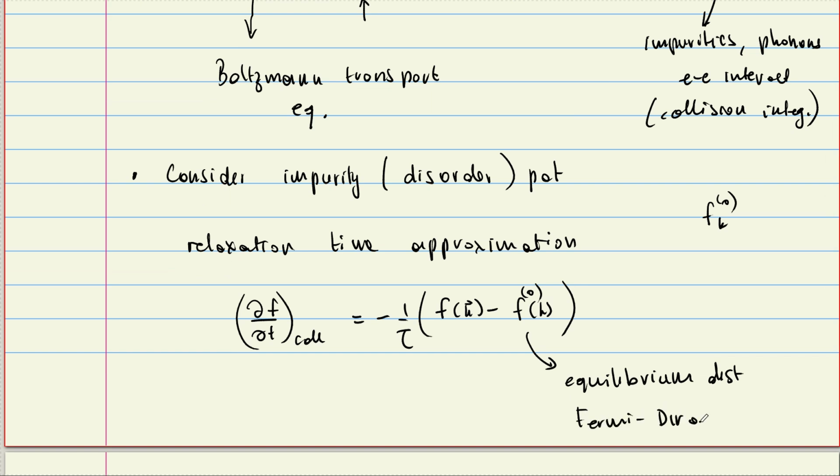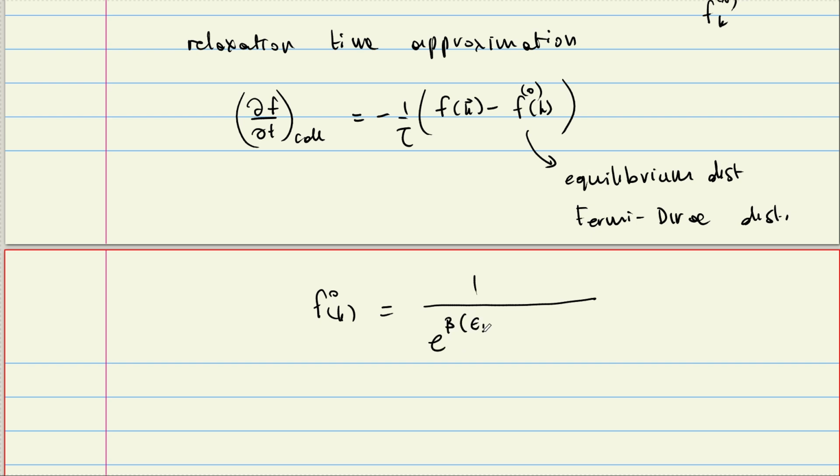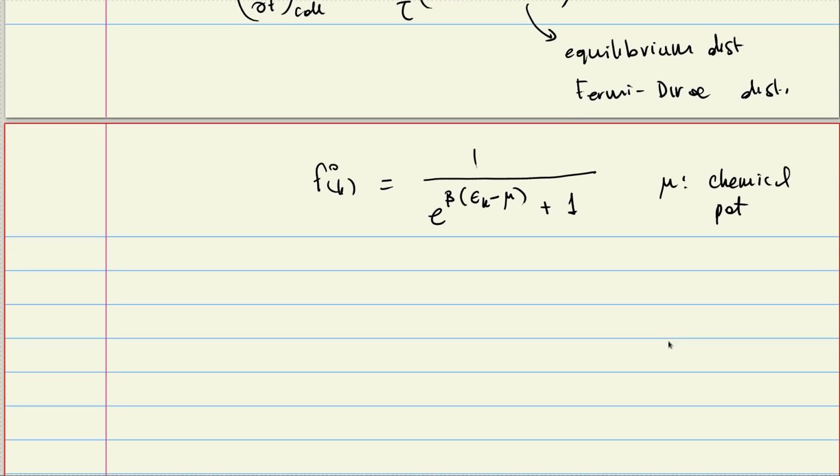Fermi-Dirac distribution. Actually, let me write that. I think it's a good point to. So this is going to be 1 over e to the β(ε_k minus μ) plus 1, and μ is the chemical potential. Good, then our equation is